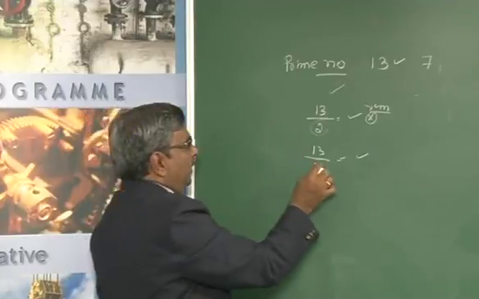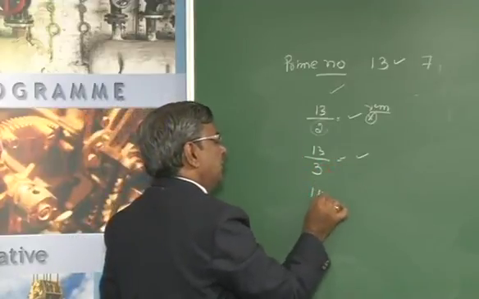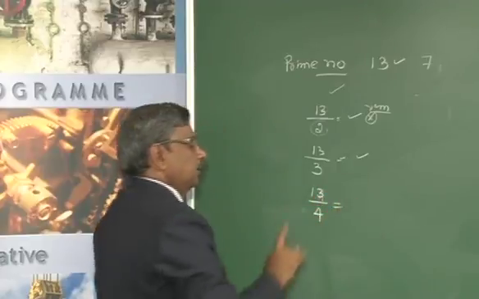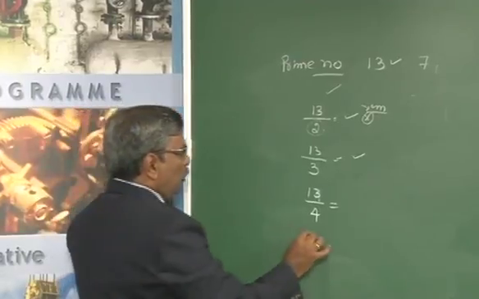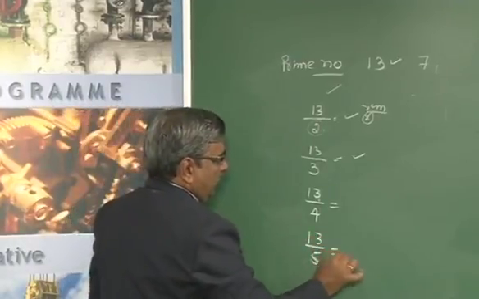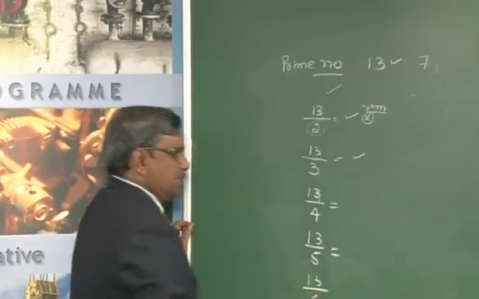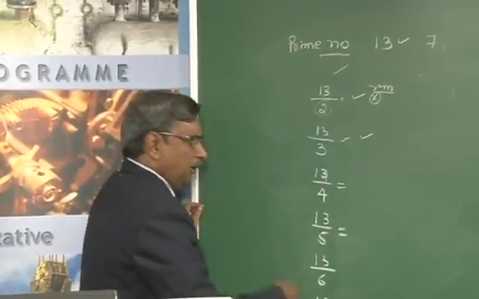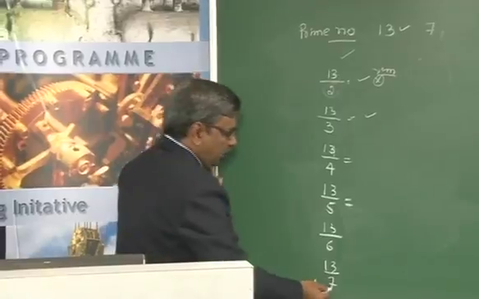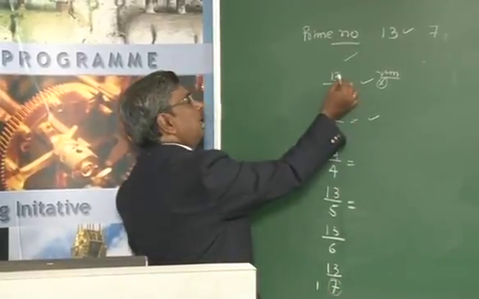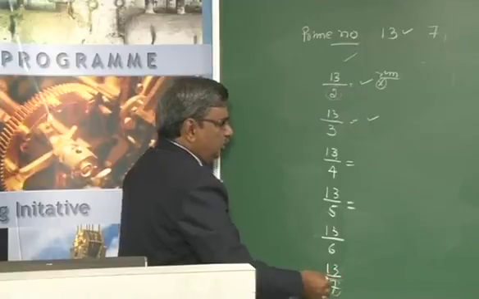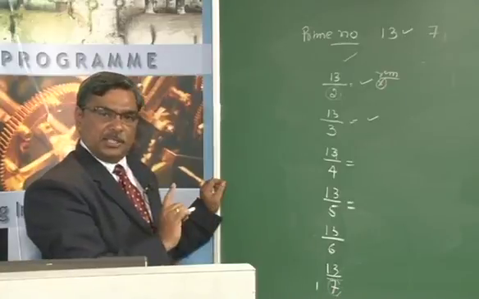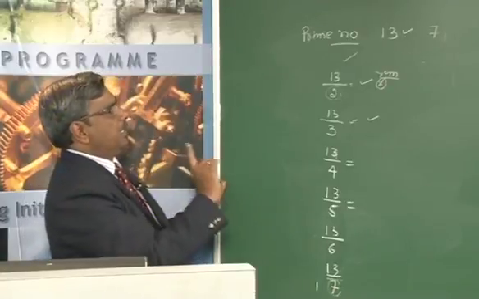But if the remainder is not 0, then I will go once again dividing it by the next, 13 by 4. Then also I will not get the remainder 0, then I will move to 5. Then I will move to 6. 6 2s are 12. Then I will check 13 divided by 7. 7 2s are 14. Then there is no necessity of checking from here onwards. So whatever the number given, if you check whether the remainder is 0 or not, and if the remainder is not 0, it is implied that the number is a prime number.